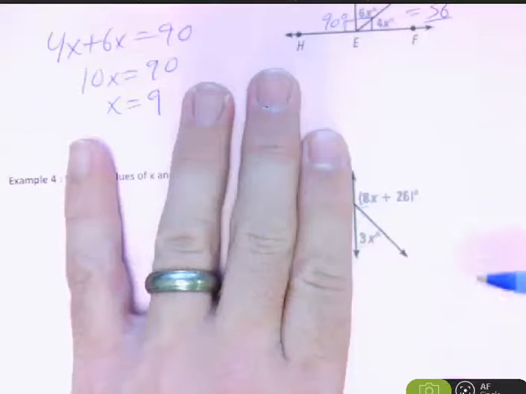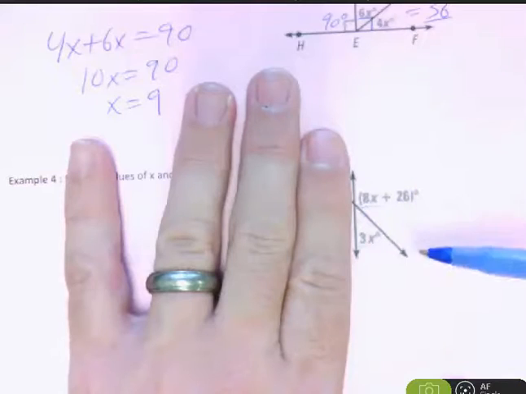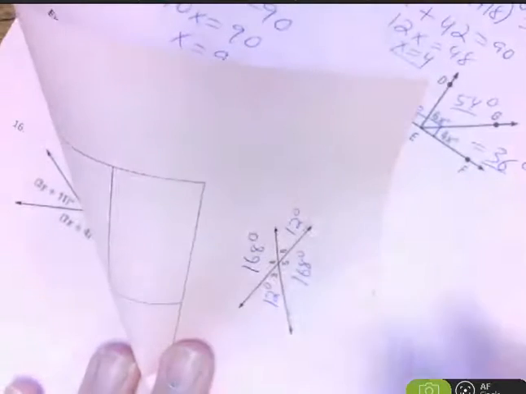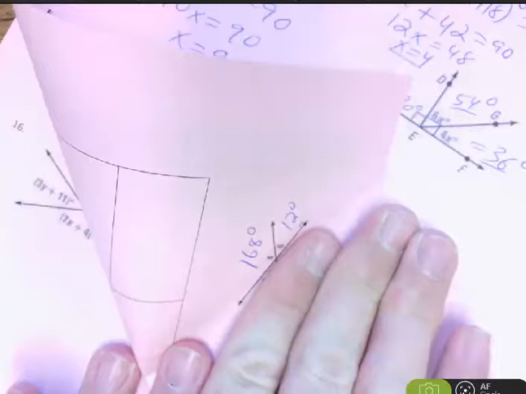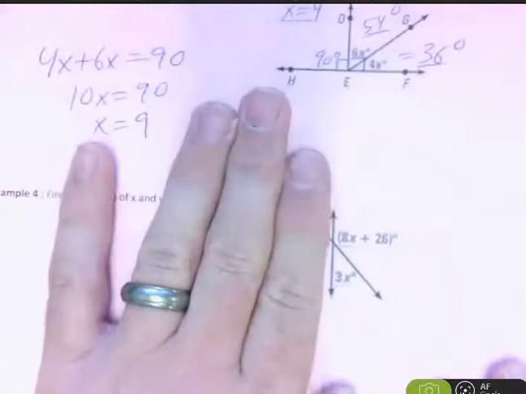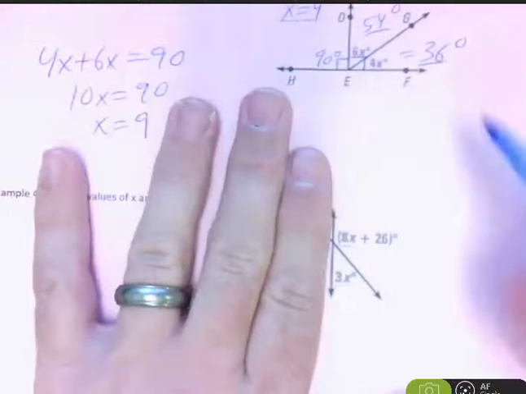That should look a little bit familiar because we actually did that on the first example. Remember with the 168? Remember this? And I covered up like here, and we knew that those two added up to 180. Well, check this out. If I cover up the one that involves the Y, and I look at these two